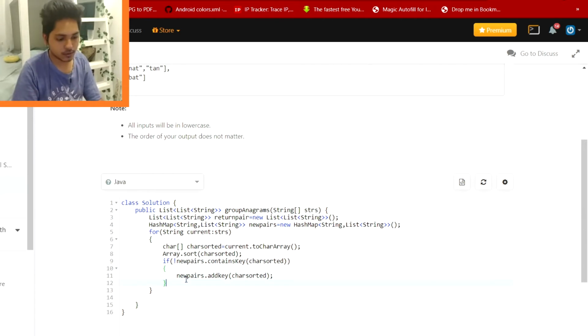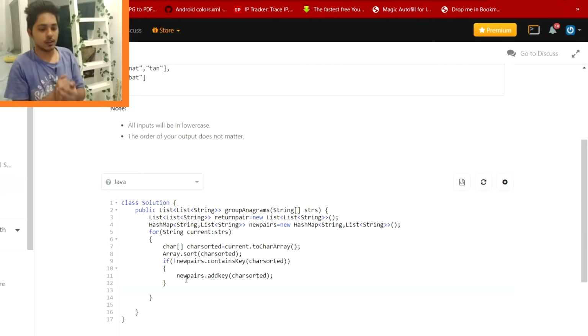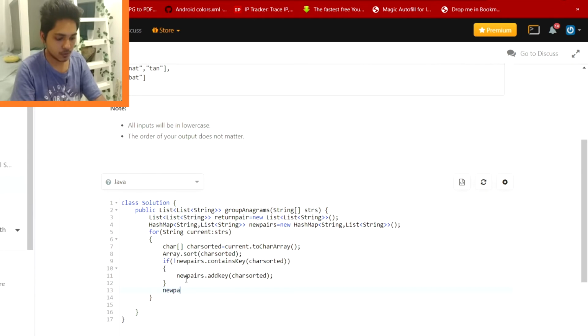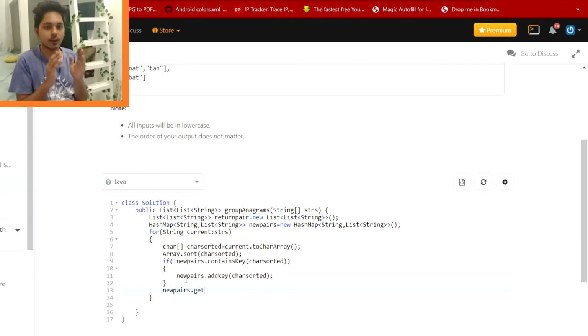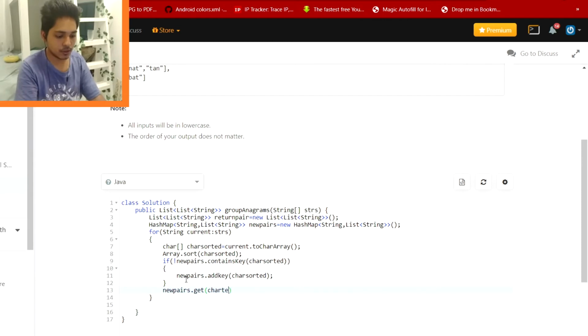And now what I need to do is newPairs. Now if that pair of characters is already there in the string, we need to just get that. So if get charSorted and add current.